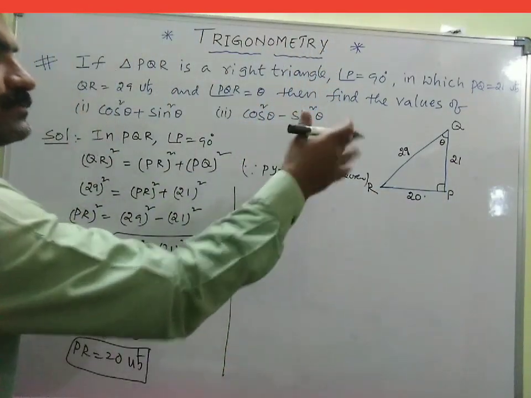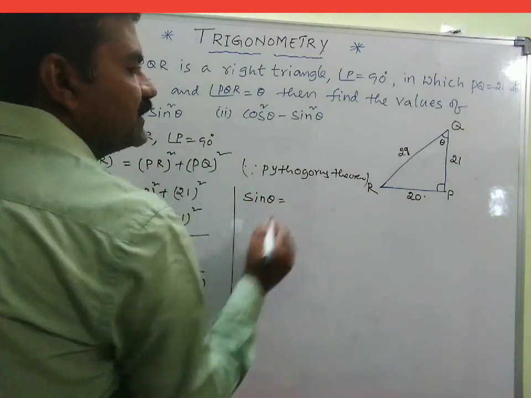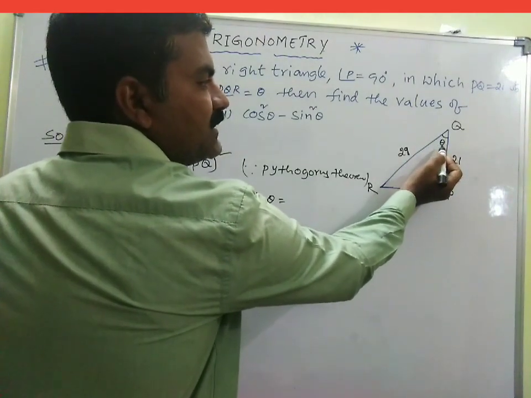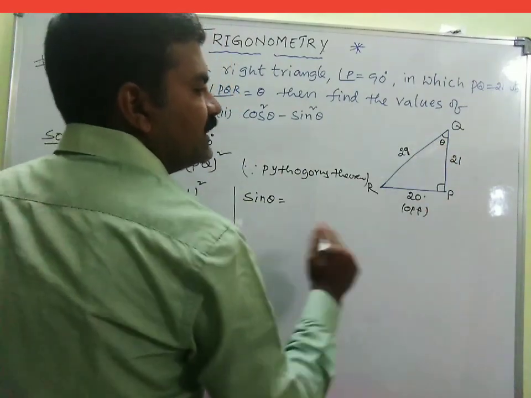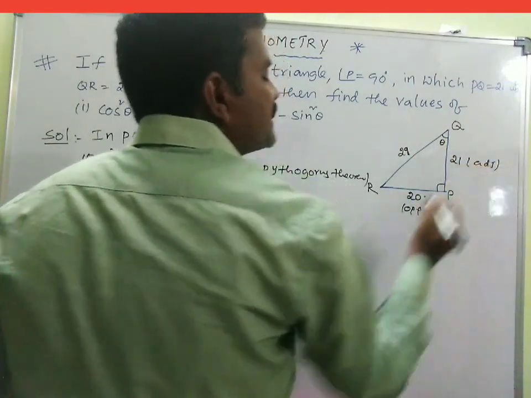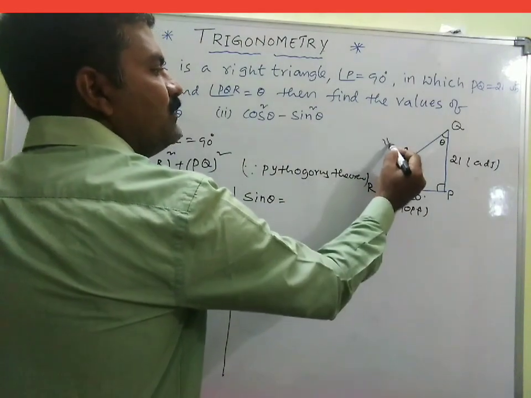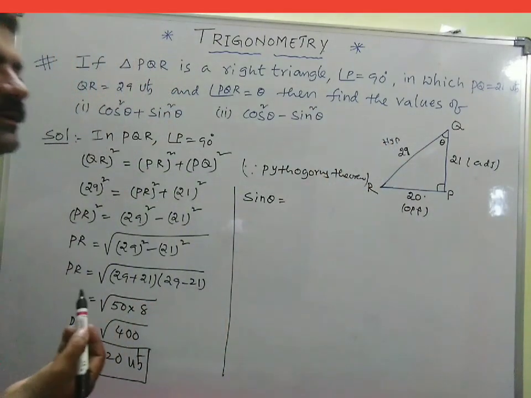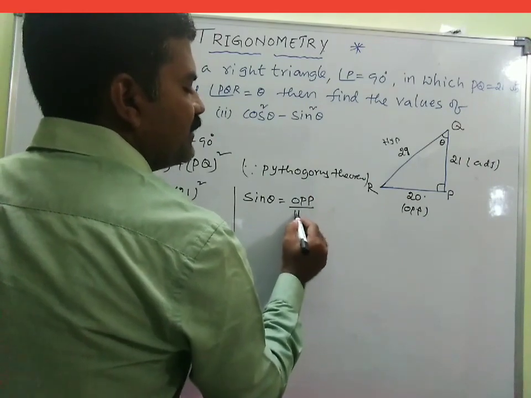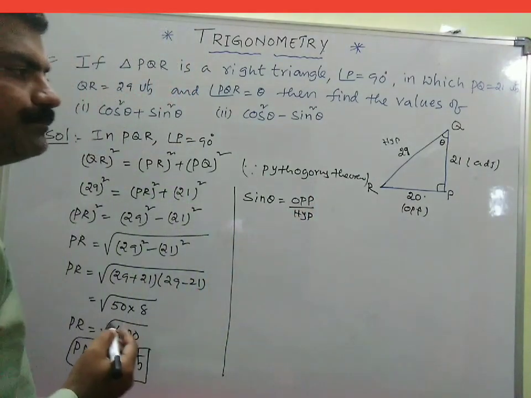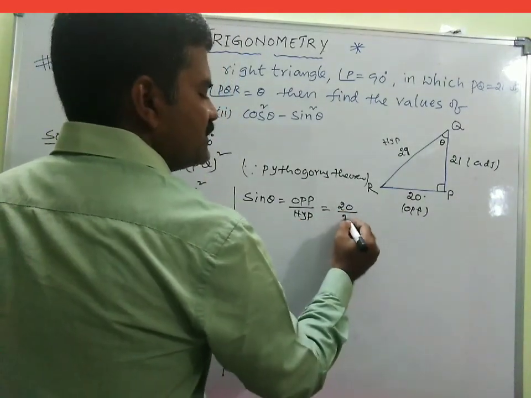Fine. So since we know all the three sides, now let me find out sin theta. See, theta is here. Please do not confuse. Hence, this is the opposite side to theta and this is the adjacent side to theta. And as usual, the side which is opposite to the right angle is always the hypotenuse. Okay, my dear? Now, the sin theta formula is nothing but opposite side by hypotenuse, that is 20 by 29.